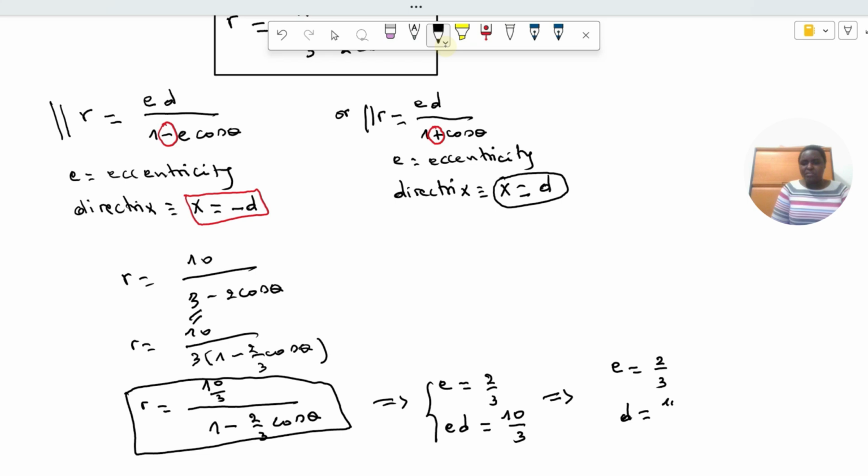10 over 3 divided by E. And if we divide by E, it's dividing by 2 over 3. So what are we going to get? This will give us,